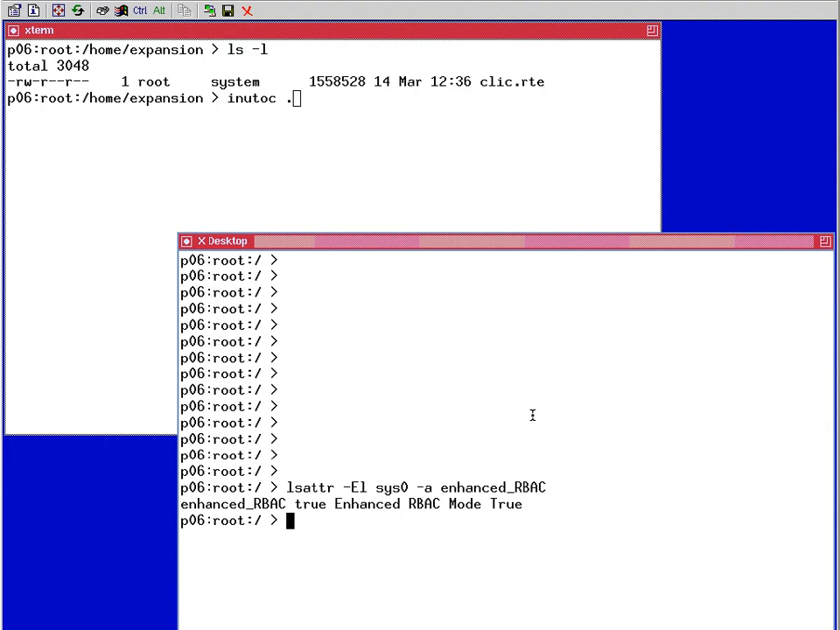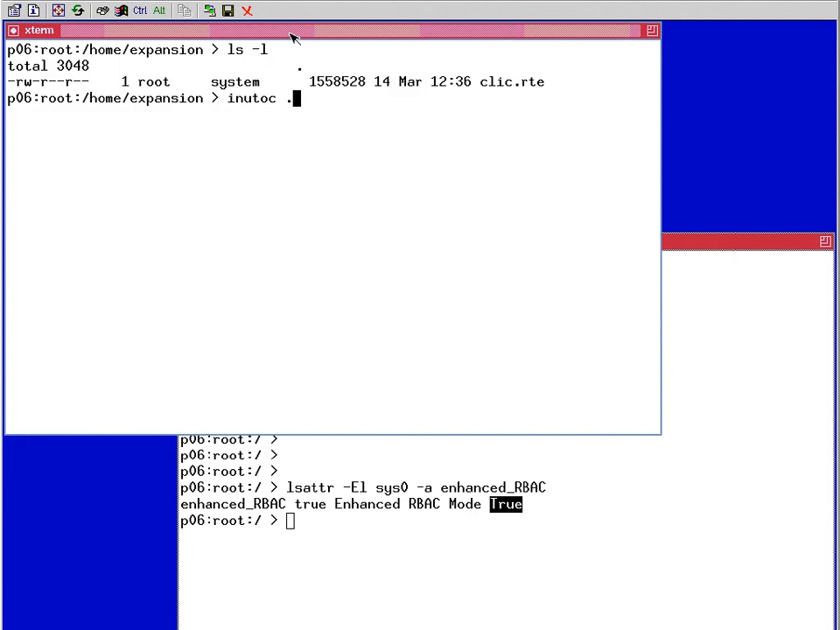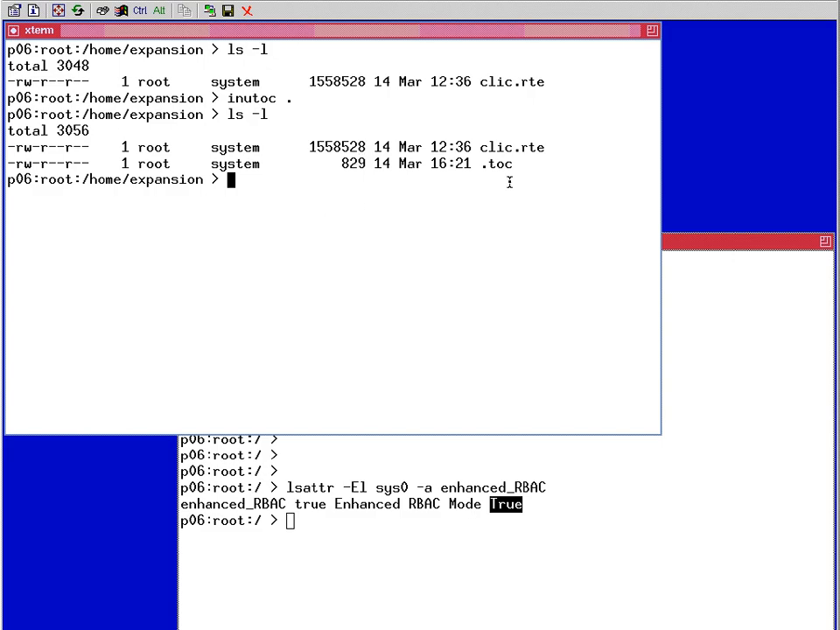Okay, we'll run the lsattr command there. We see enhanced RBAC is true, so that's switched on on our machine. I've pulled the CLiC package out of the expansion pack, and I'm going to run inutoc to create a .toc. An important point there is on AIX6, I believe the output and what goes into the .toc file is different to AIX5, and so if you're installing onto an AIX6 machine, you have to run that actually on the AIX6 machine itself. Let's go and run that